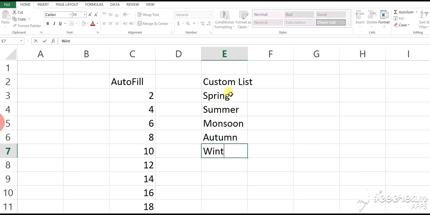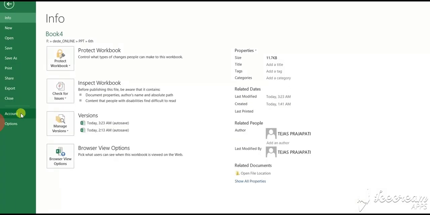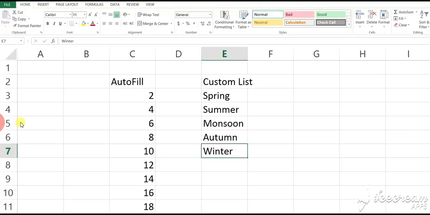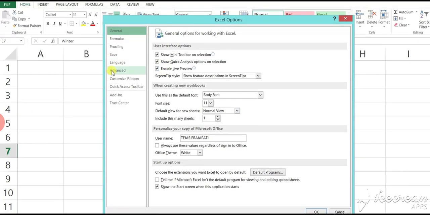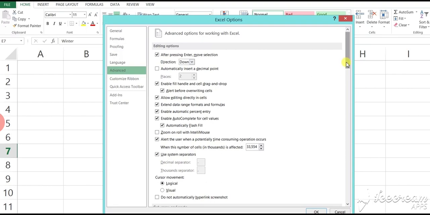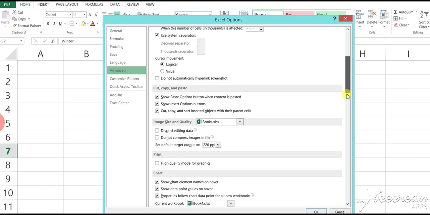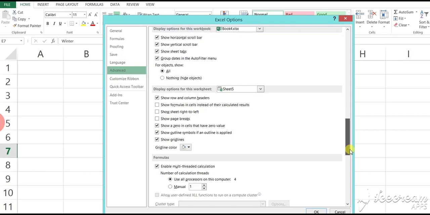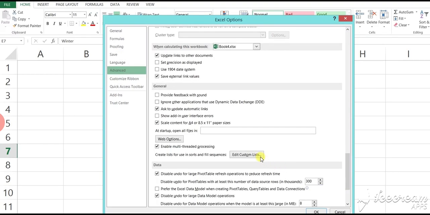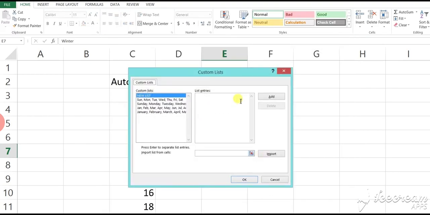After making the list, click on the File menu, then Options, then Advanced, then under General, Edit Custom Lists.